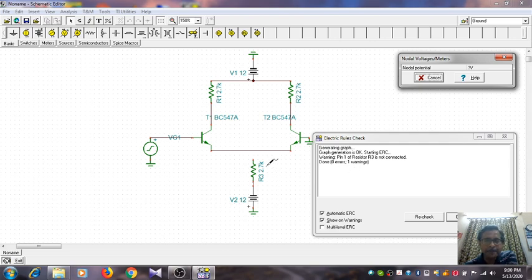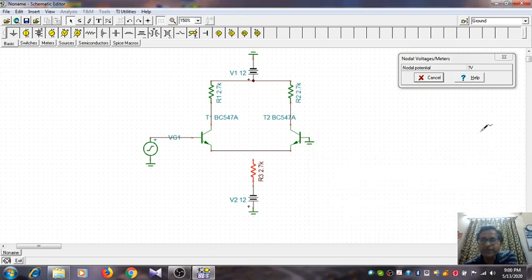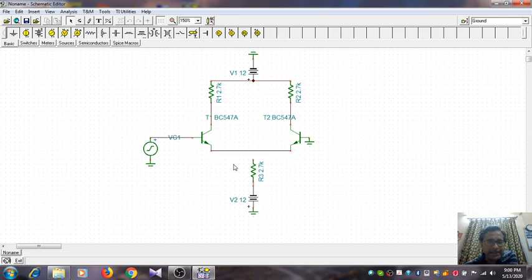So we know that it will make the circuit meaningless. So you can connect it here and see that this is being painted in red. So this shows that we have to correct it. Okay, so what we can do, close it, then close this, and then do the correction. That means by means of a wire I can connect the other end, the terminal of the resistor, to this point. Okay, so now you see that this filled-in circle has come, so the connection has been proper.